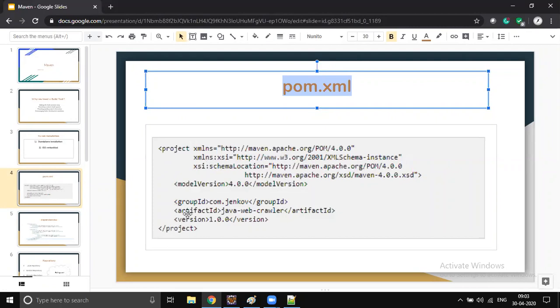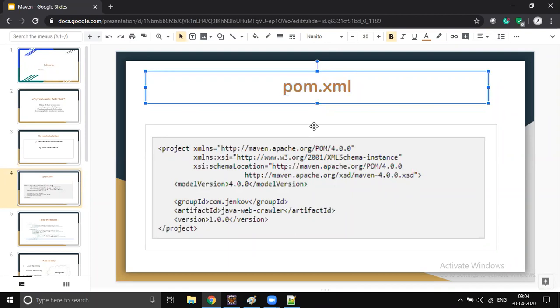We will learn what this group ID, artifact ID, version is. It's very important whenever you are creating a Maven project. But when you create any Maven project, the pom.xml file is mandatory. Without the pom.xml file, Maven can't do anything. It's like a route map for a treasure hunt. You can't hunt the treasure until you get